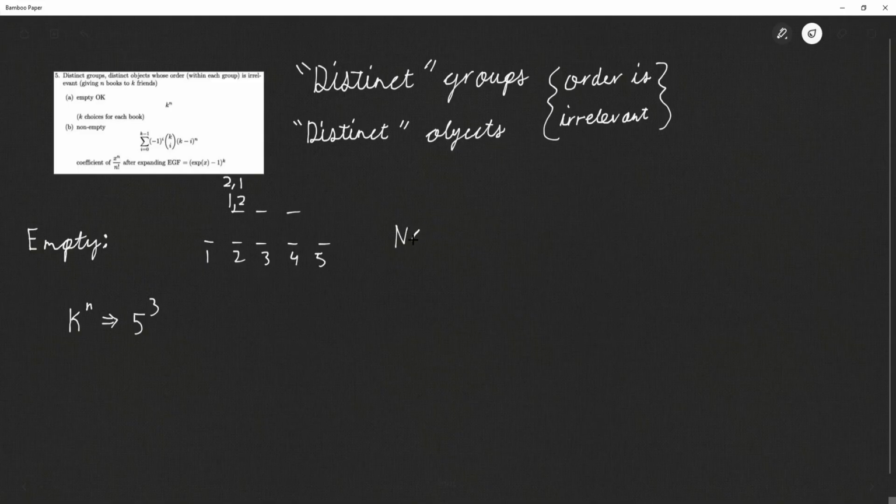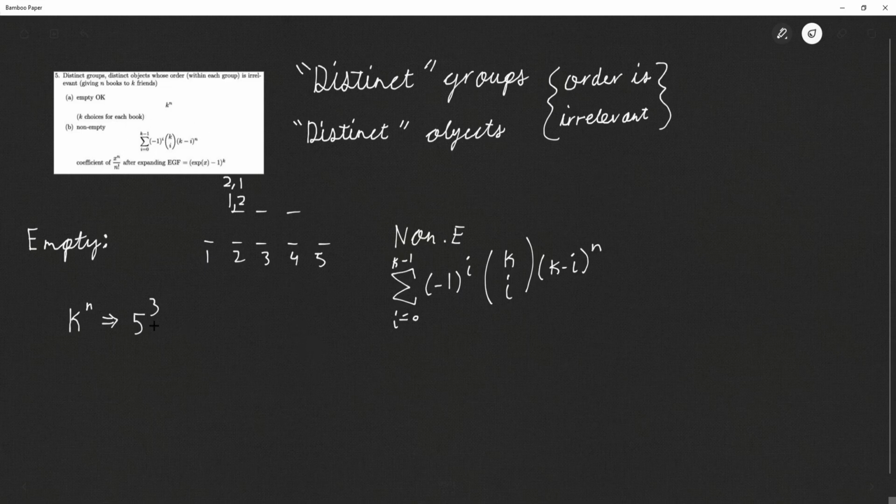However, for empty not allowed, so non-empty, we have a much more difficult formula. We have the sum as I goes from 1 to k minus 1 of -1 to the power of I times k choose I times k minus I to the power of n. So the way this one would work is we need to have the sum of